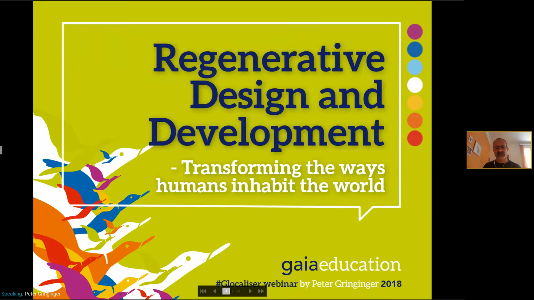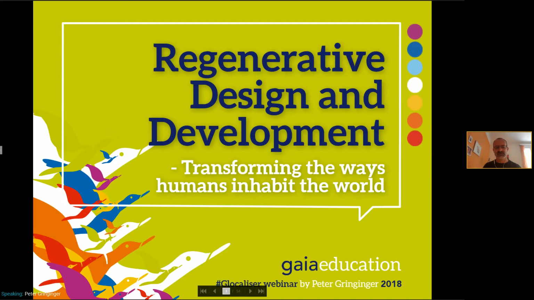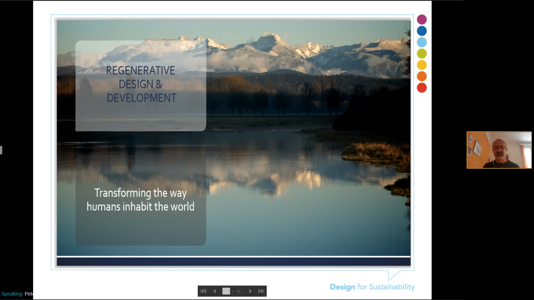Okay, I have to go back to the start. It starts moving around a little. I'm not sure what's happening here. The slideshow is advancing by itself. Anyway,